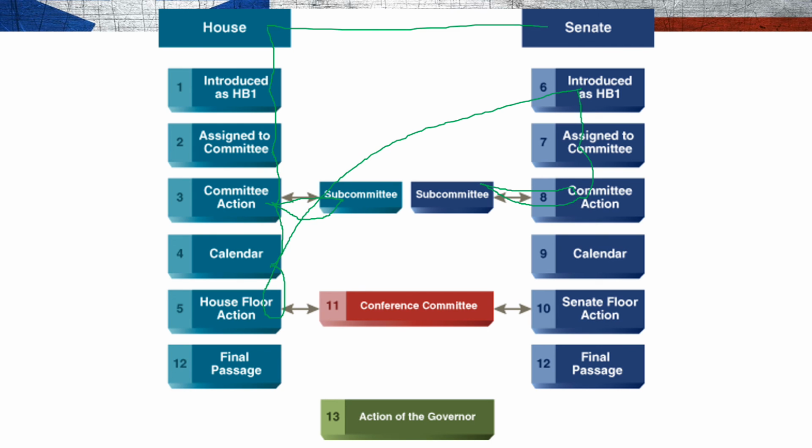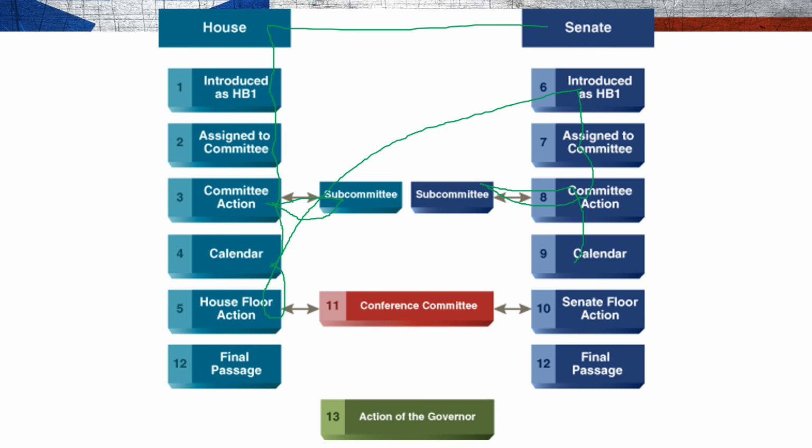And so then once the committee recommends the bill be put on the calendar, then the bill is put on the calendar. And remember, the calendar is just sequentially numbering the bills. So basically they're in order of how they come out of committee. If your bill comes out of committee today, then it's going to be considered before the bills that come out of committee tomorrow. Sometimes you can again suspend this rule, and bills can be considered out of order, but generally that's the way it happens.